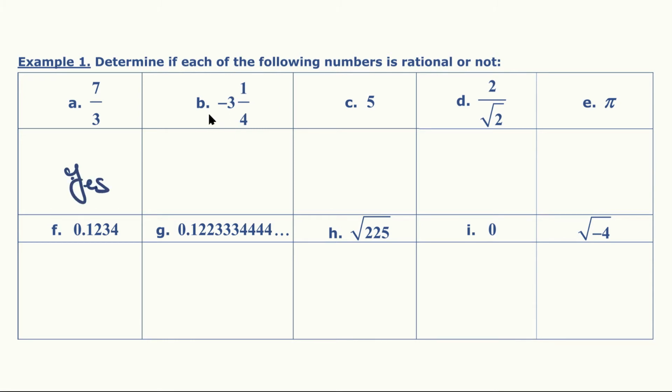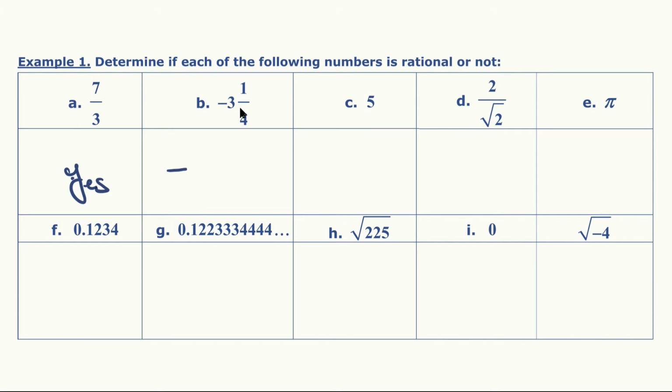All right, for this next one, when we look at it, it may not immediately look like in the form of one integer over another, but we know that we can put it in that form. Remember, a number doesn't need to be initially in one of those forms, either a quotient of integers or a repeating or terminating decimal, but as long as we can put it in one of those forms, then it's rational. So here we notice that if I just carry the negative,